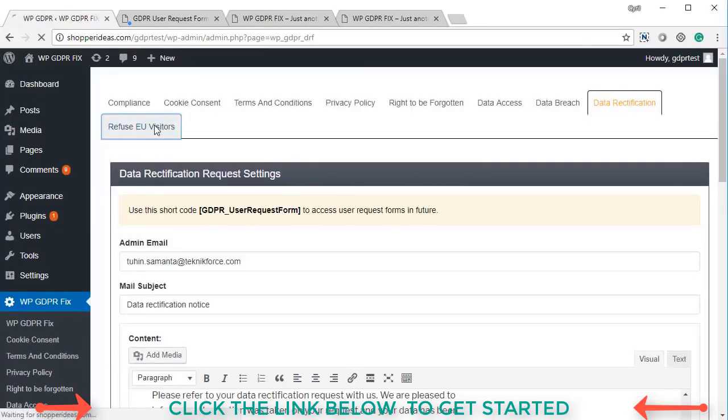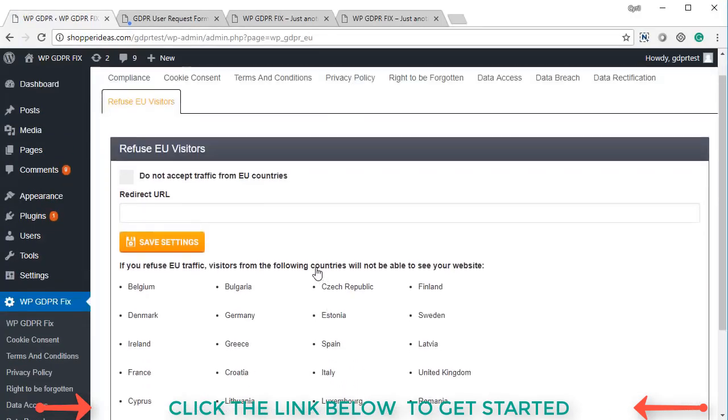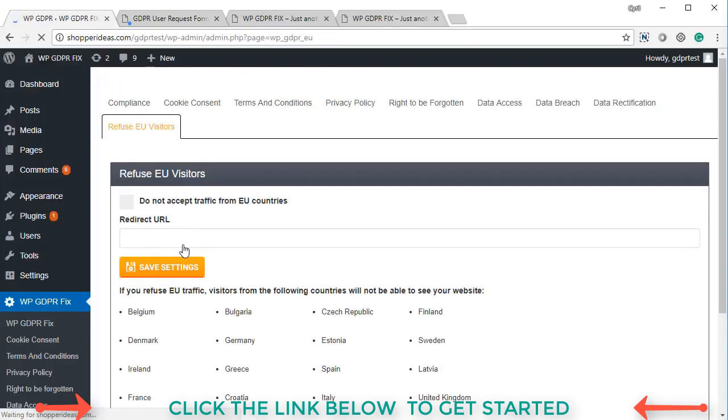And finally, there's the refuse EU visitors setup. If you don't want any traffic from EU, you can set this up. You can click on do not accept traffic from EU countries, and you can set up any page where you want them to go instead, maybe google.com or any other page, and click on save settings. In my opinion, this is an extreme measure. Until the time you feel that you need to do something else to be GDPR compliant and ensure 100% compliance,